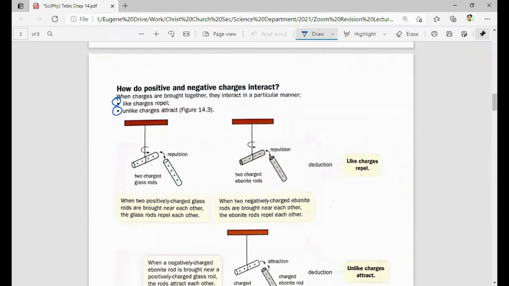The interaction is like charges repel, unlike charges attract. So this statement here, I need you to remember and to quote it. What do I mean by quote it? For example, if due to charges, two objects are attracted to one another, we need to say unlike charges attract. I need to remember the phrase. It's a three-word phrase over here, because these two phrases will help you. They are important concepts that you need to state